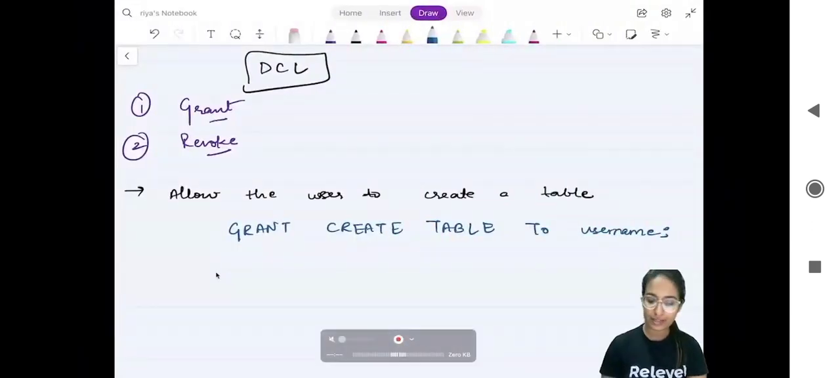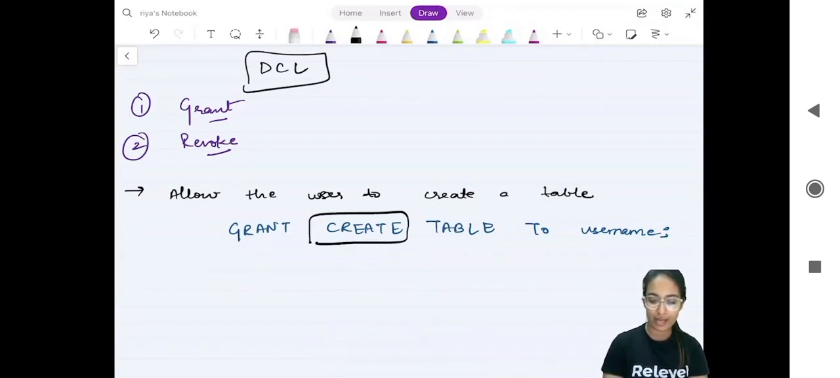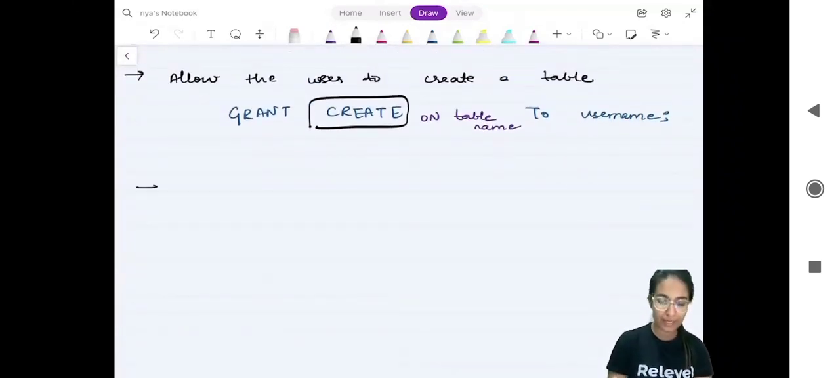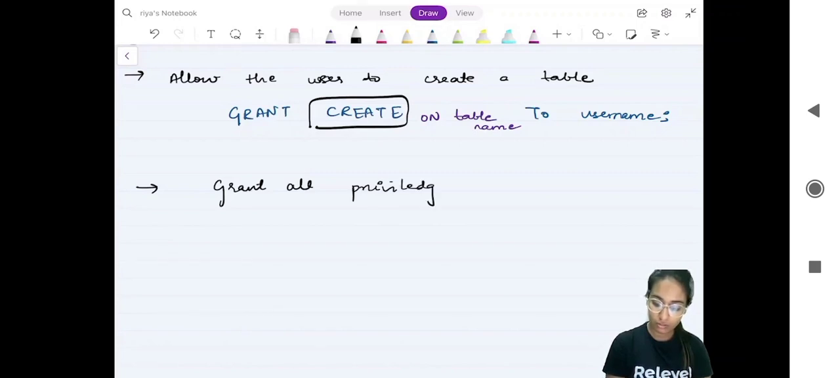Here you can say that you are just providing the create access, or the better way to write this is, on table name to a particular user. It may also happen that in the grant you want to provide all privileges. Grant all privileges to a user. So what you do in that case is you put grant, and then